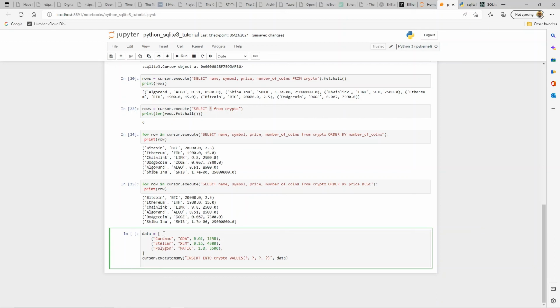This is the format. So data equals, we open this square bracket, and we enclose all the data points that we need here. Make sure that it matches the table format. So this is the name, this is the symbol, this is the price, and this is the number of coins. And then we run cursor.executemany, and we are inserting into crypto values, which are represented, since we have 4 columns, by these 4 question marks, comma, the actual data that will be populated. So when we run this,